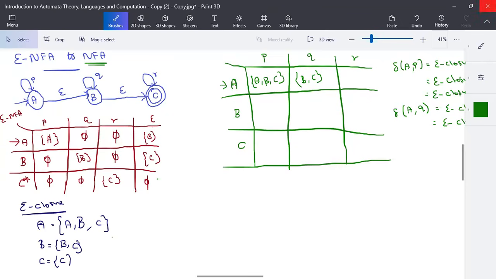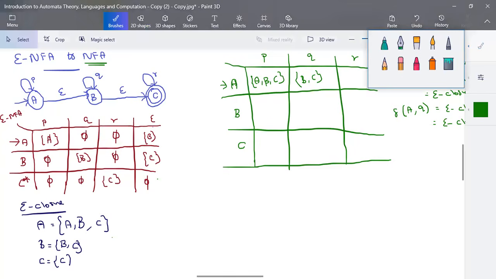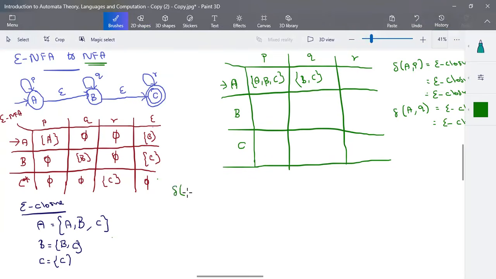Now, transition of A on C, I'm going to expand it as epsilon closure of transition of epsilon closure of state A when the input is C. Okay, so you have to expand it. It is epsilon closure of transition of epsilon closure of A, which consists of A, B, and C, when the input is